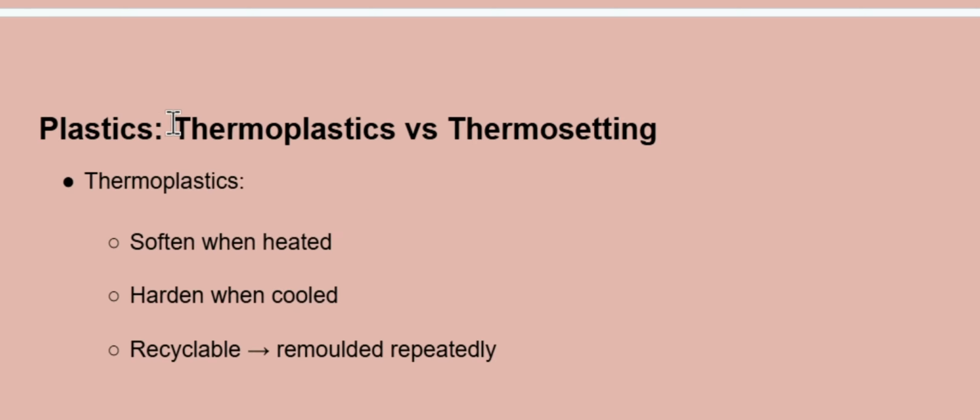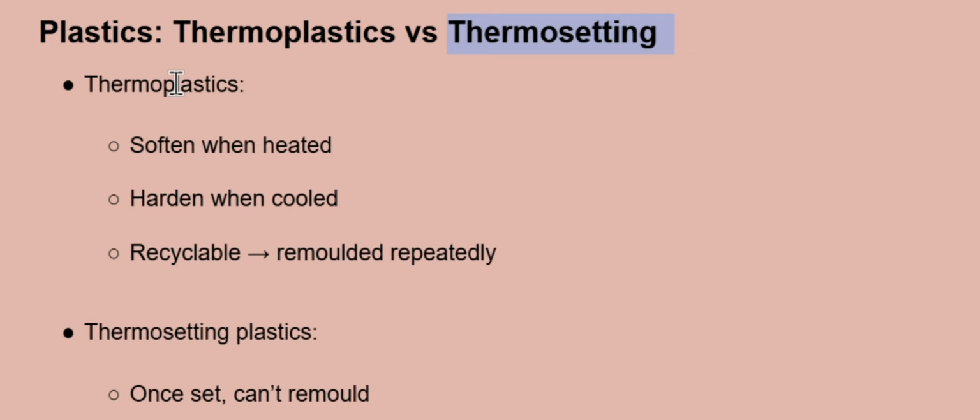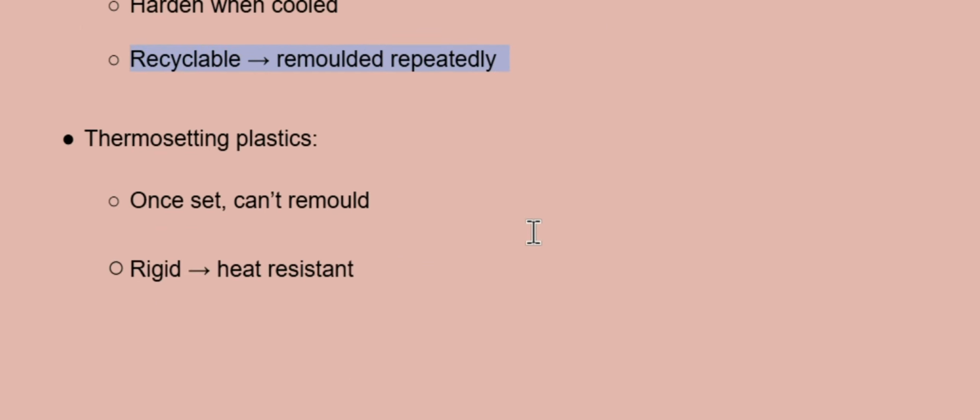So when it comes to plastics, there's two main groups: thermoplastics, which I just mentioned, and then you've got thermosetting. The main difference between them is that thermoplastics you can melt and remold, whereas thermosetting, once they're set, you can't remold them, right? They'll burn, they'll melt, but you won't be able to reshape it, which means you can't reuse it. They're not recyclable, right? So that's an obvious disadvantage of thermosetting.